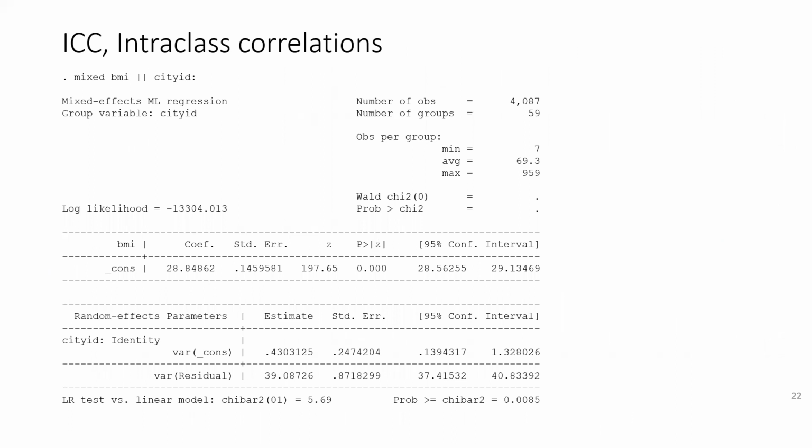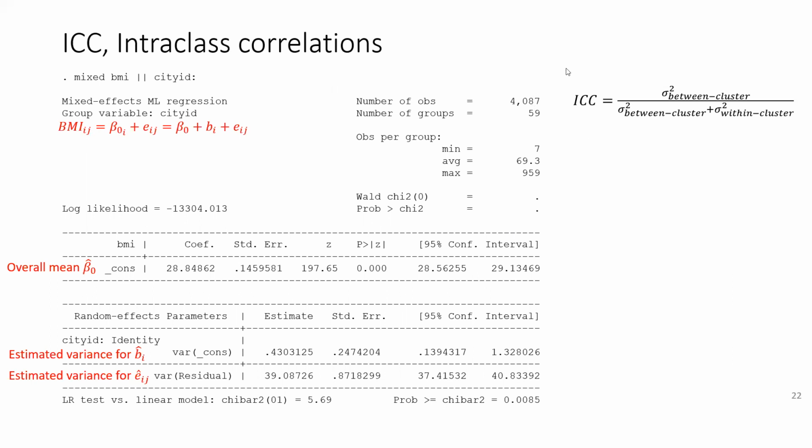And how to calculate ICC? Well, when we ask the statistical package what the ICC is, it will calculate it. But anyway, this is a result when we fit this model, the intercept only model. This is the overall mean, 28.8. This one is the variance estimation for the random intercept, and 39 is the estimation of variance for the residual. And the formula for ICC is this one,